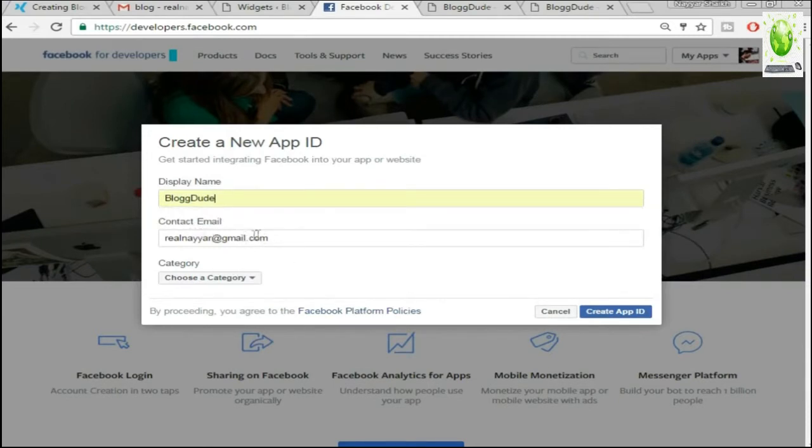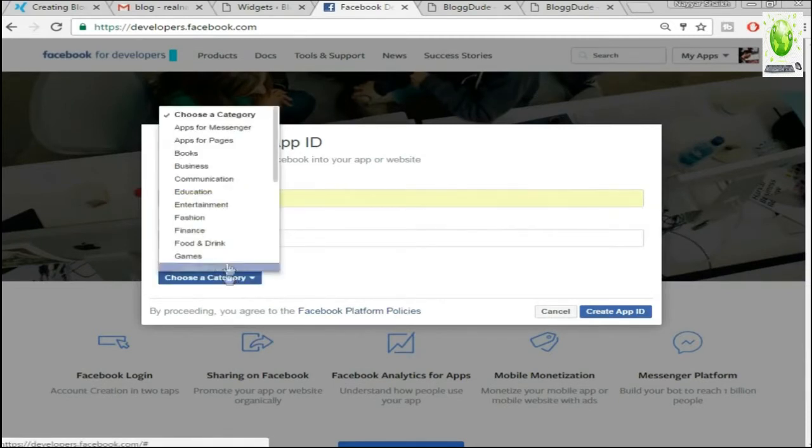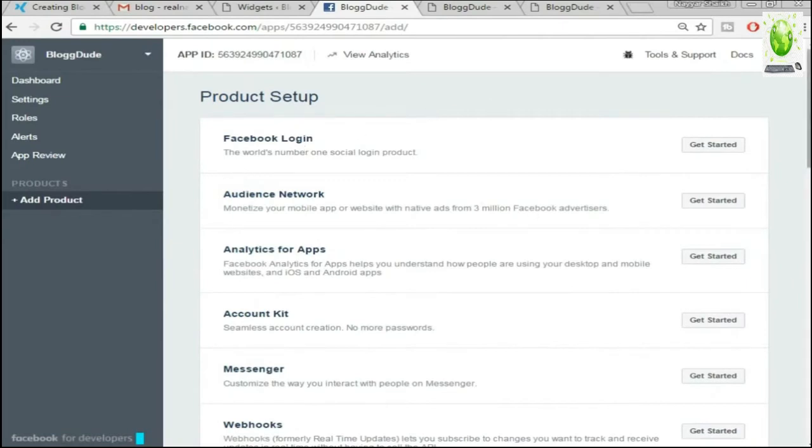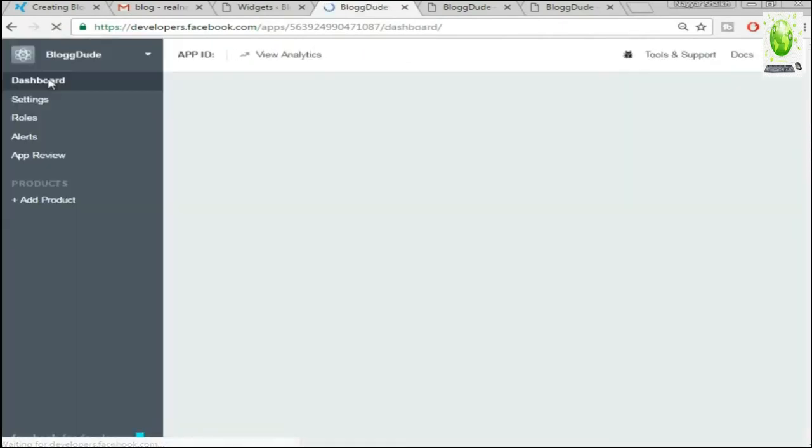Contact email, I'm putting in my email address. You can choose any category. For example, I'm choosing education and click on create app ID. So once you come here, at the left side you'll see something called dashboard. Click on dashboard